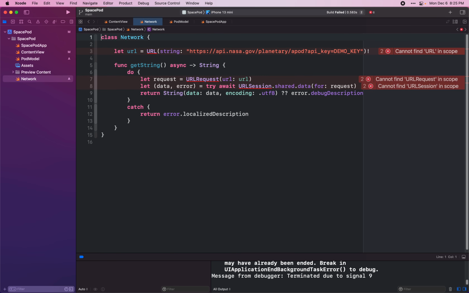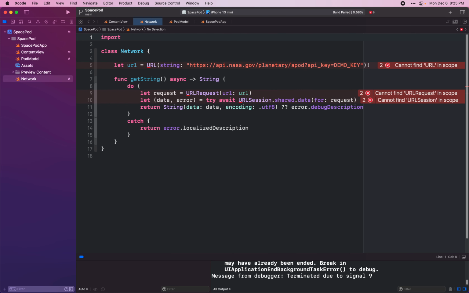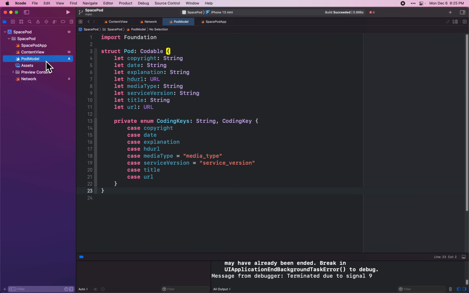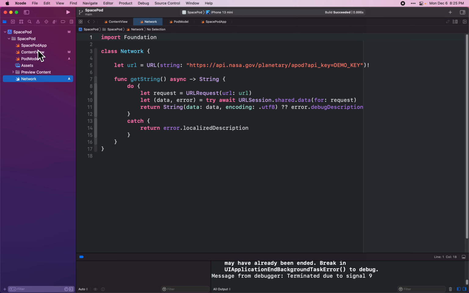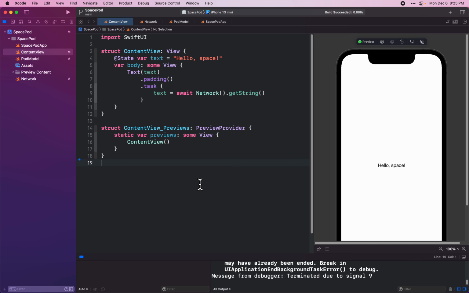We might actually need to do some includes here. Okay. And if we resume our app, we'll see there's no change, which is what we wanted, but our networking code is now its own file,